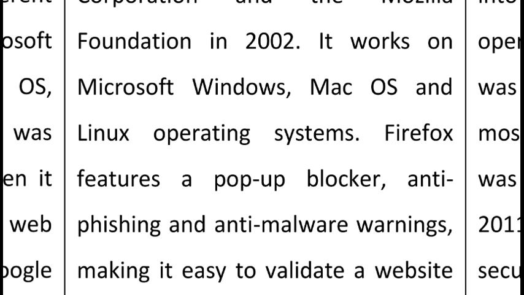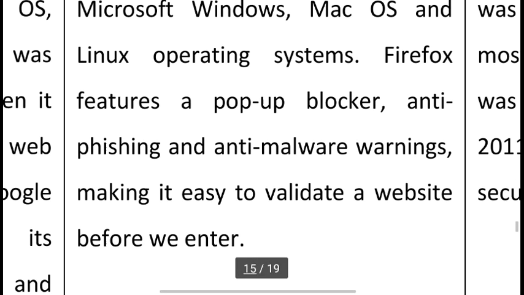Pop-up blocker means when so many advertisements or unknown applications are sent to the web browser, it blocks them automatically. Anti-phishing and anti-malware warnings make it easy to validate a website before we enter. So we can say it provides a filtering facility.